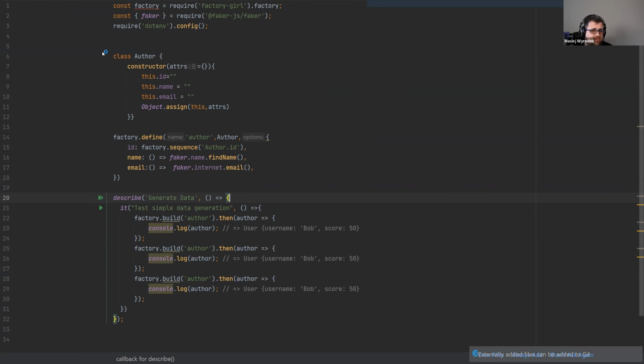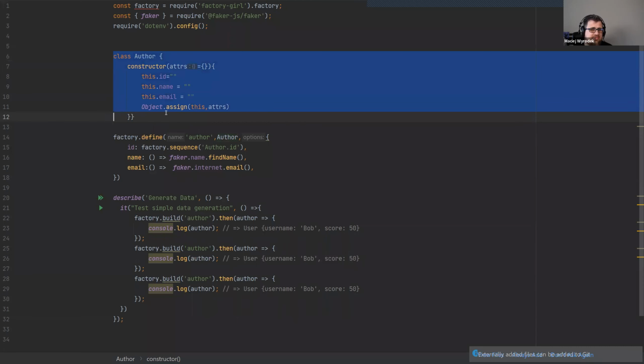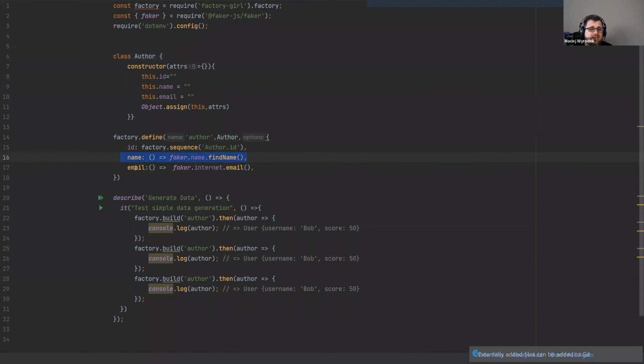So basically, in case of factory_gar, or we can use it also with Faker, we can create our case and factory. This is a factory creating a simple object of the author, and then the factory is using Faker